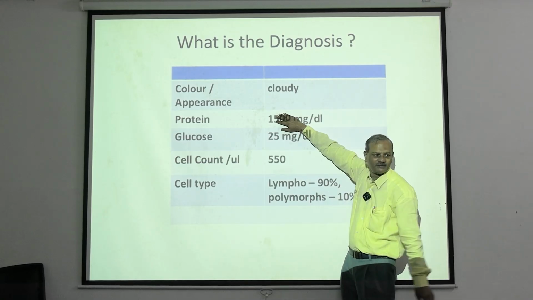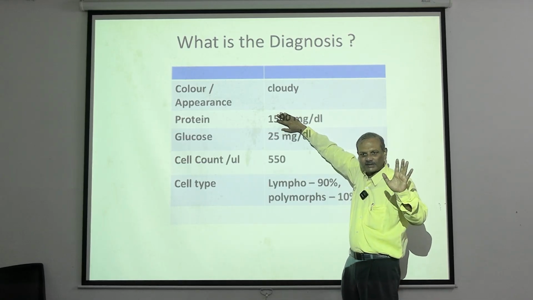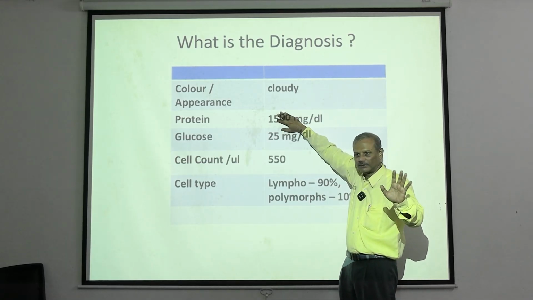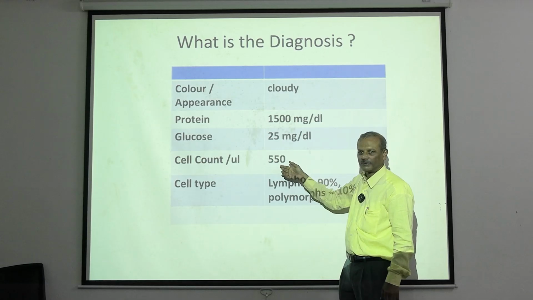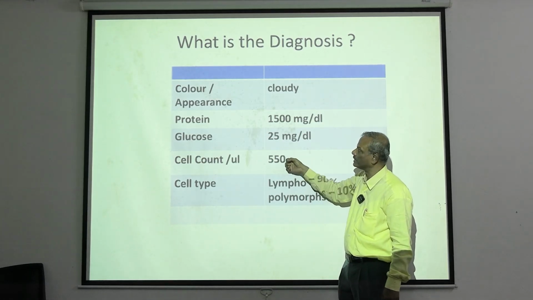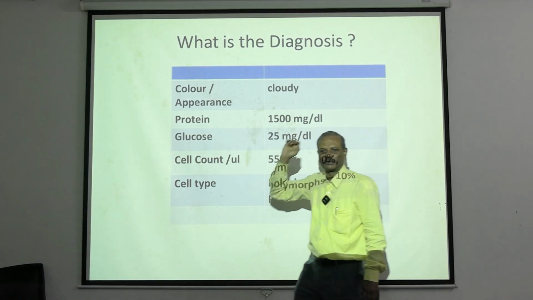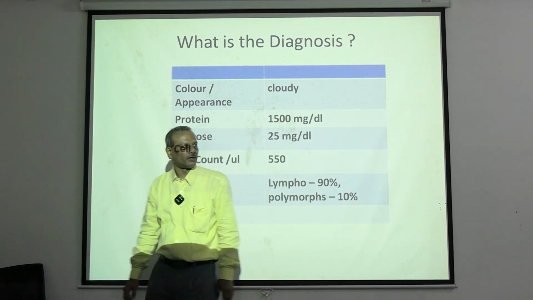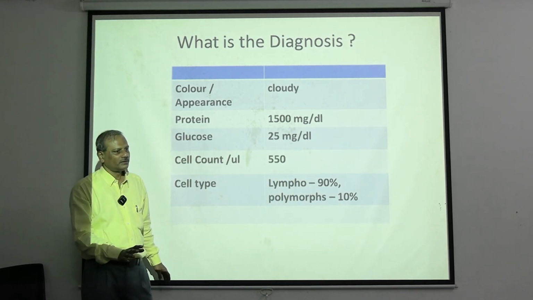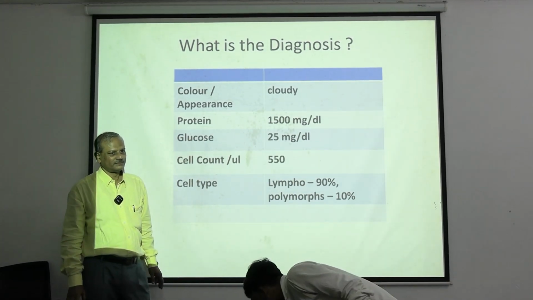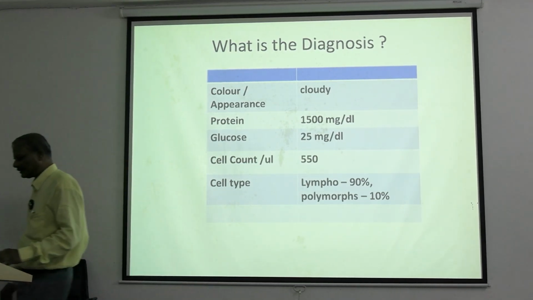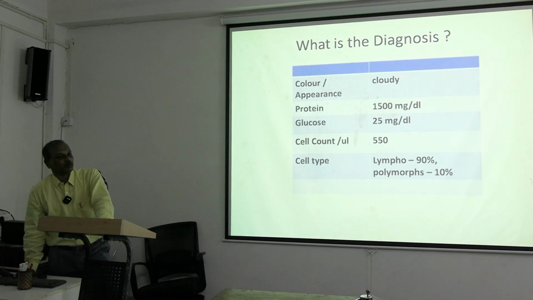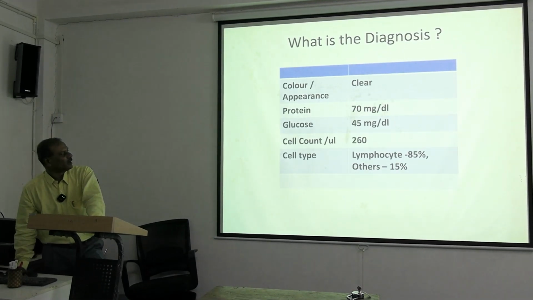Predominant lymphocyte. Two conditions will increase it, one is viral, one is tubercular, okay? Both will have increased lymphocytes. But in viral meningitis, the cell count will not be that high and protein will not be this much increased. So significant increase will not be there. So it is not viral. Okay? Remarkable increase is there. So this is one clicking point.